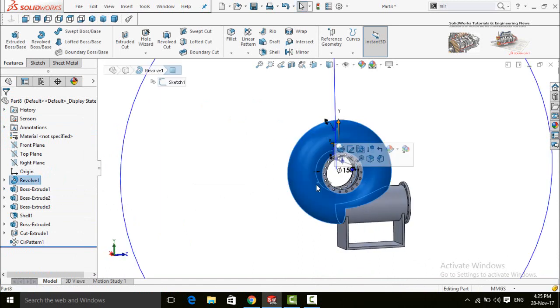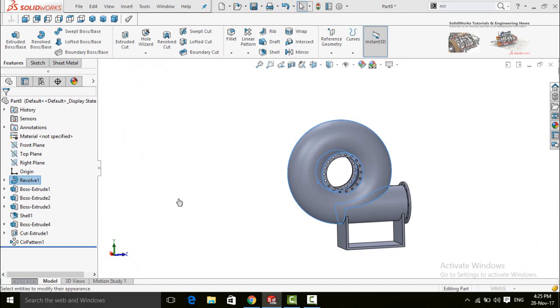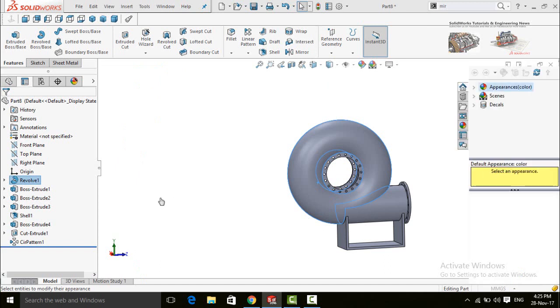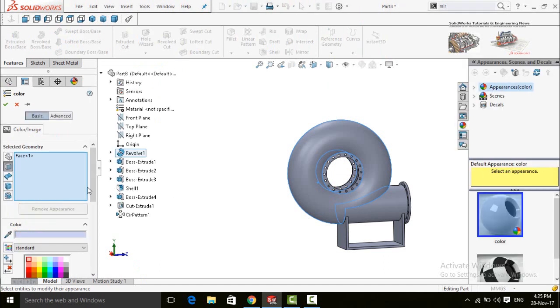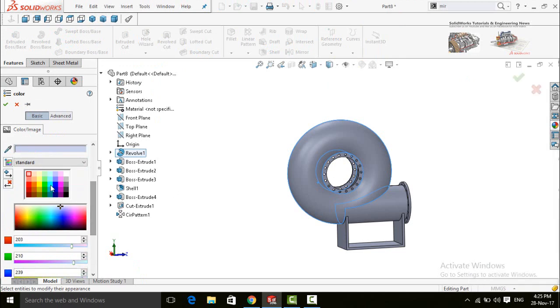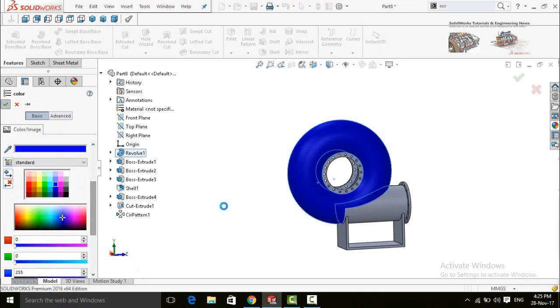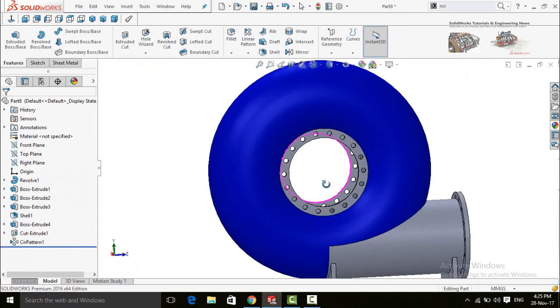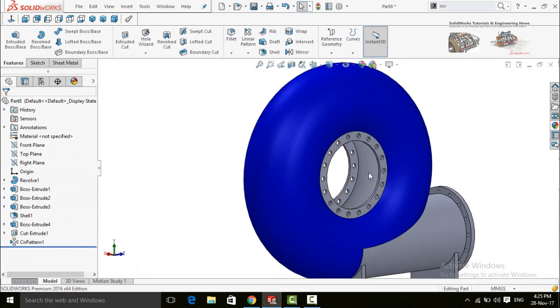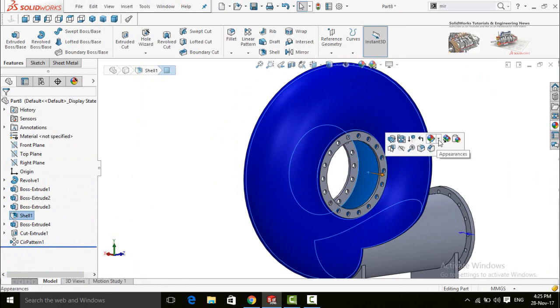Now let's change its colors. Internal face,